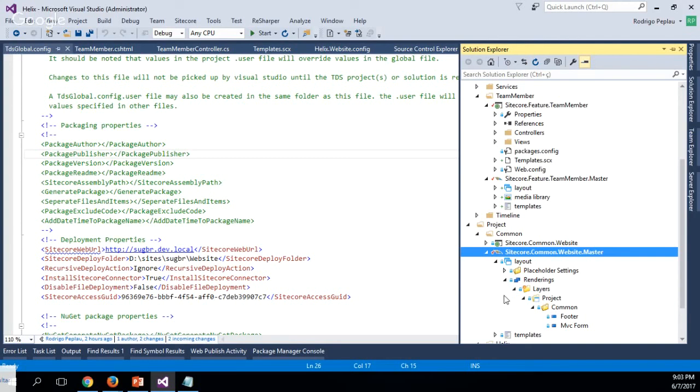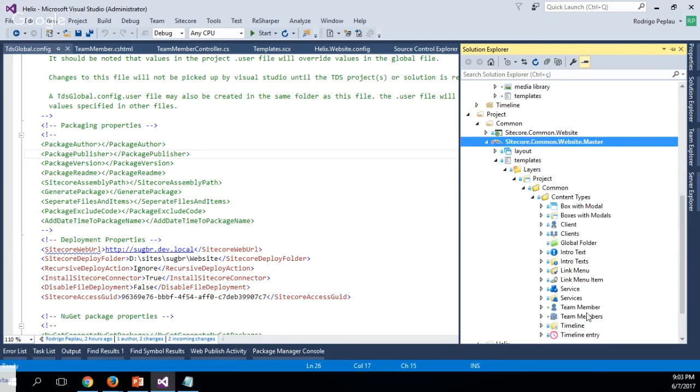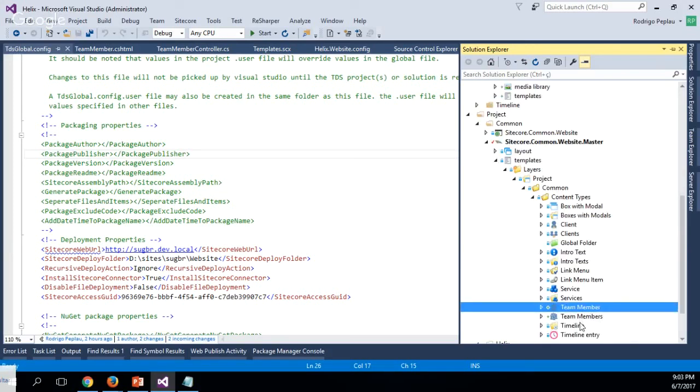So you have a common project for that, to place everything that is common for them. And that includes the templates that we created, team members, right? Which is actually inheriting from the base one, right? And